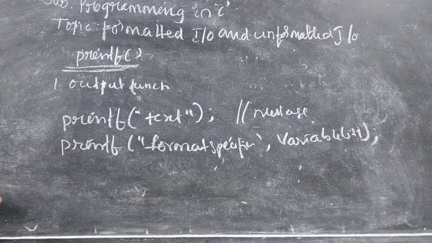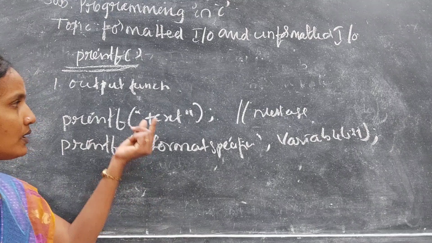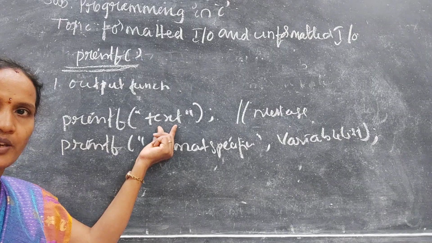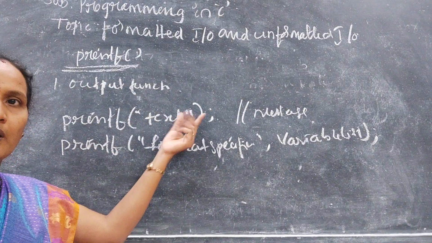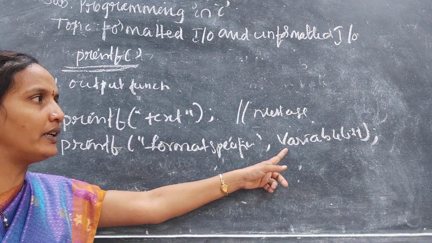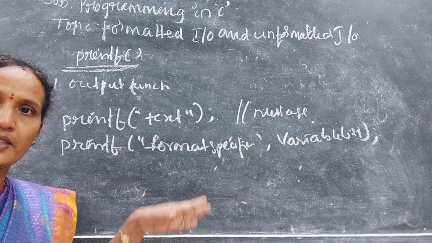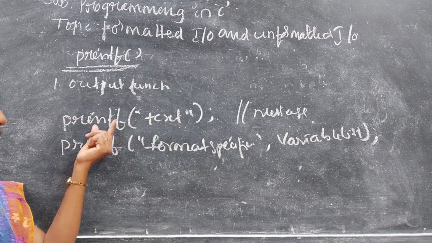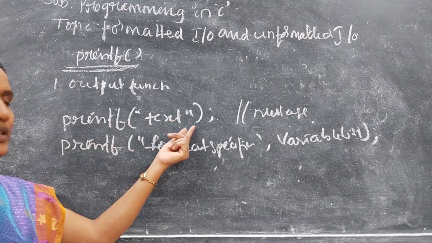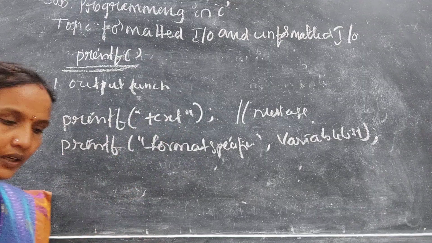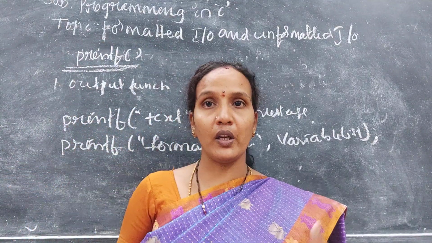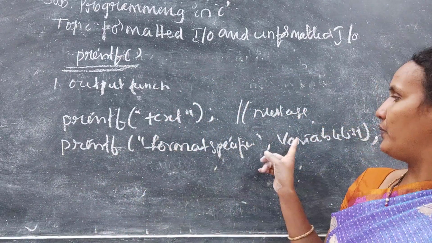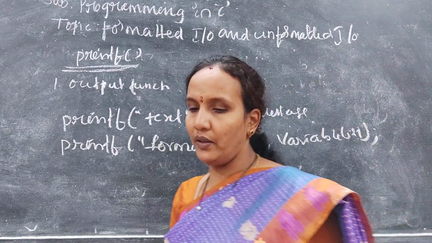If you are printing only the message, it is the printf function and the message, and always if it is a message, it is a string, which should be in double quotes. If it is a value, then we won't enclose it in double quotes. But if it is a string, then we'll enclose it in double quotes. If you are printing only a simple message, this is enough. But if you are printing a value, again you should inform the compiler what type of value you are printing on the output screen. That is by using a format specifier and the name of the variable from which you want to print the value.